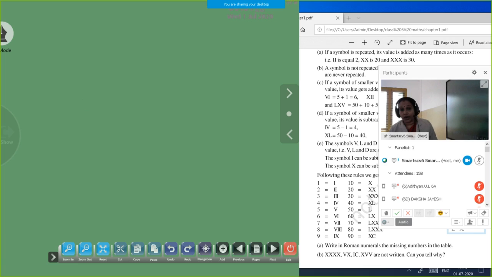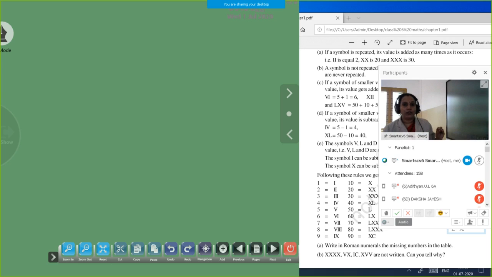Next we have studied word problems. Word problems will be asked in the online test also. One or two word problems will come. Whatever we have done in the notebook, just that model will come, maybe easier than that. So go through the word problems we have done in the notebook. Okay, in word problems we did addition, subtraction, multiplication, division, all 4 operations. So go through all those questions.